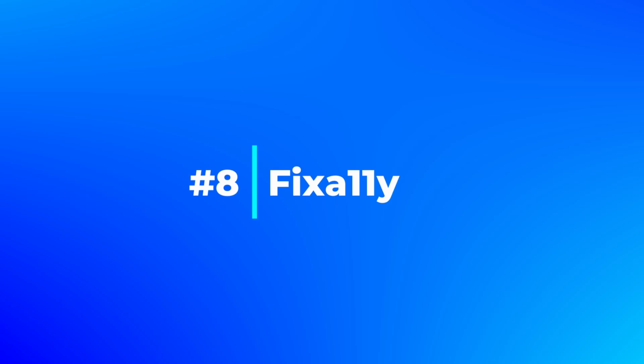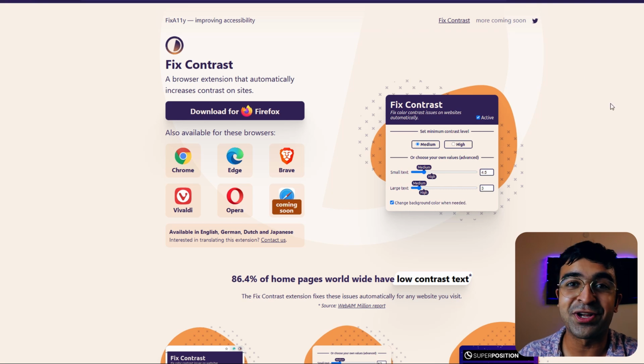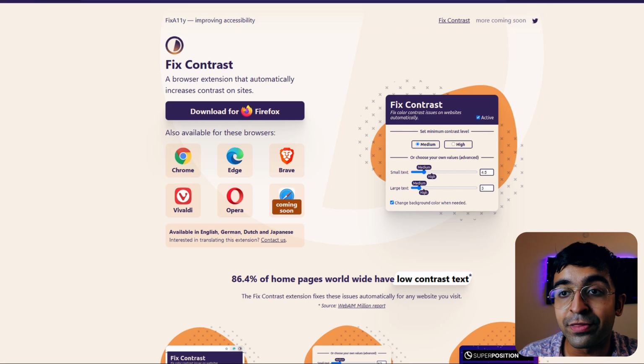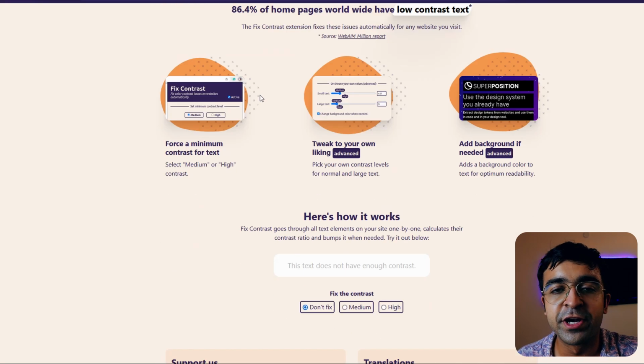Now, Fix Contrast or Fixely is a tool that works alongside your browser. So essentially an extension with Chrome, Firefox, whatever. And you can download this little widget which pops up like this on the right. And you can change the contrast you want on that website. And once you are able to do that, it quickly just adjusts everything on screen. And I'll quickly show you maybe a little video on screen.